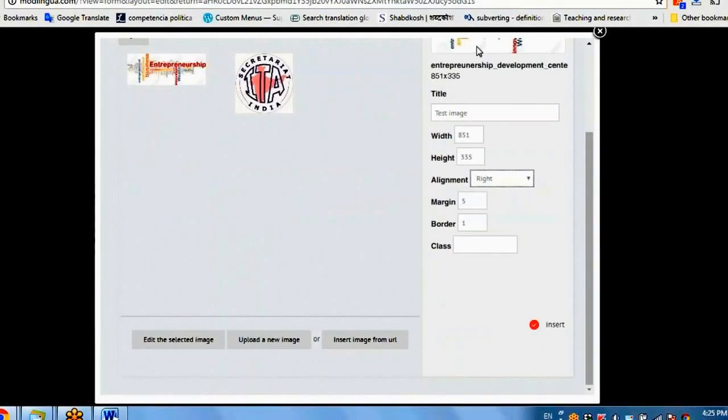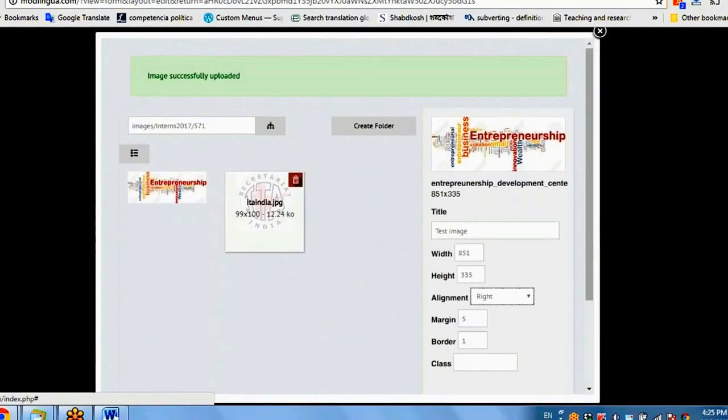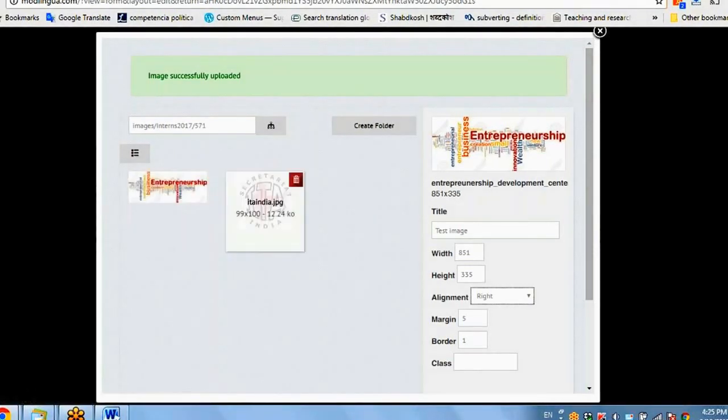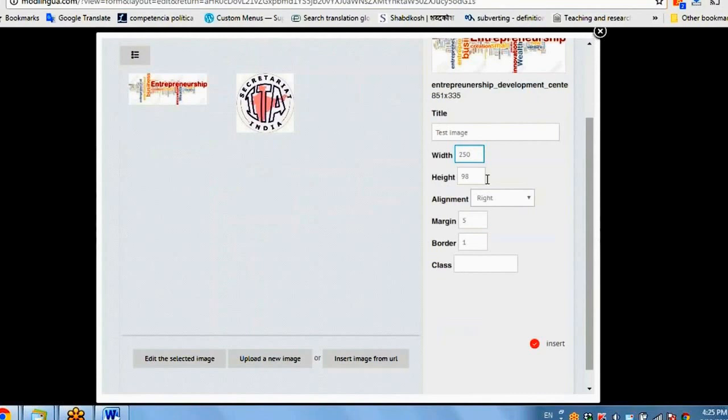Once I have specified this, you can add as many images as you want from my folder, but put only those images which are needed for our purposes. Don't put any absurd images or nude images, because that is a crime. Out of all these images, I have chosen one, chosen its name, and its size as well. Generally for a profile, I suggest you keep a size of 250 by 250, width as well as height, because that is a good standard size.